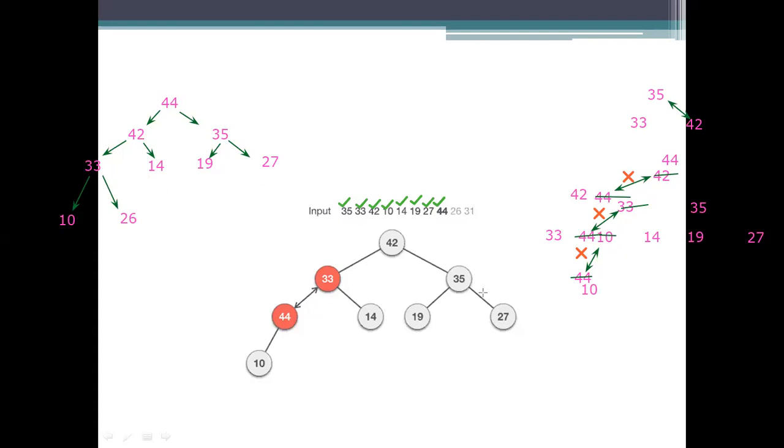Coming to the next and the last one we have, 31. So here 26 is done and we need to go for the 31. While processing 31, this value is included here.